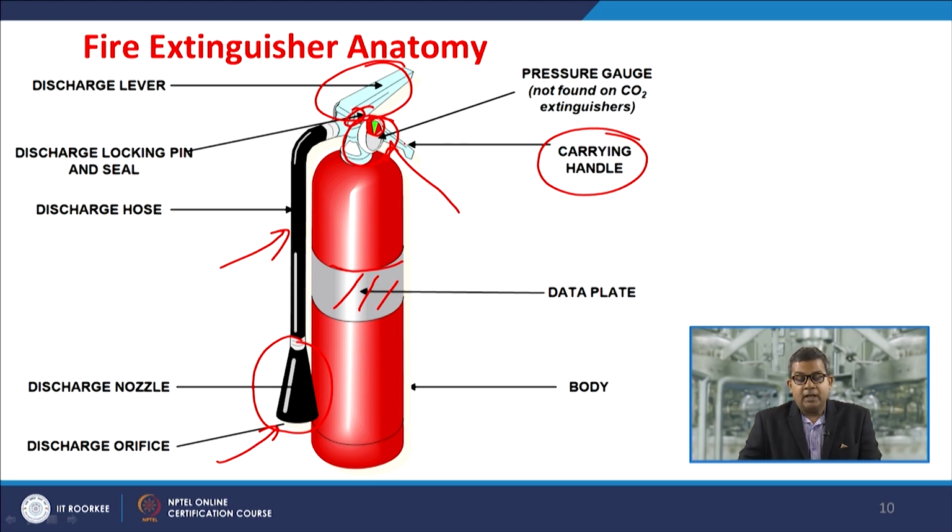refill it. Apart from this, there is certain other regulatory information placed on it. One is who is responsible for refilling it, who has manufactured it, etc. And some of the data plates have an endorsed type of advisory that it is to be used for the specific type of fire for which this particular extinguisher is designed. This is obviously the body of the fire extinguisher.